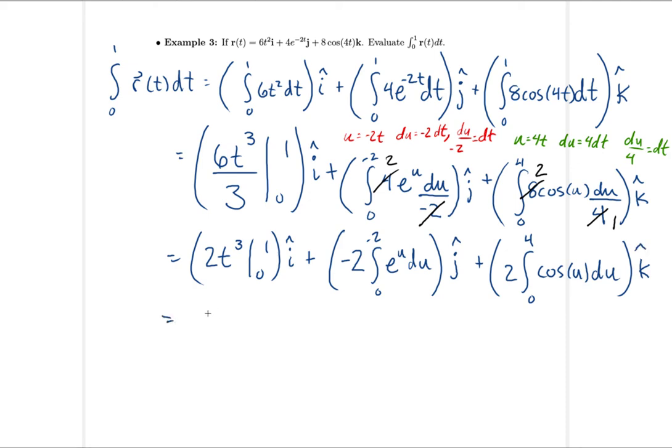So of course this is just going to be 2i plus, so this would be negative 2 e to the u from 0 to negative 2 j